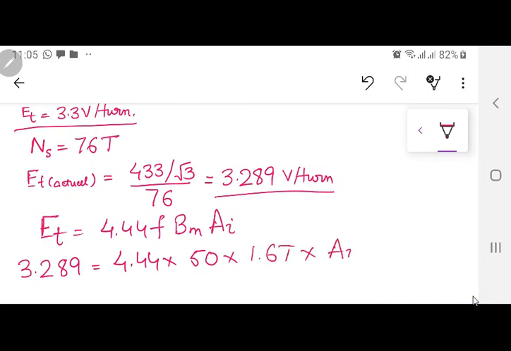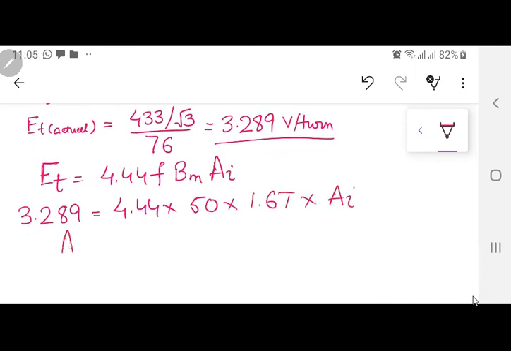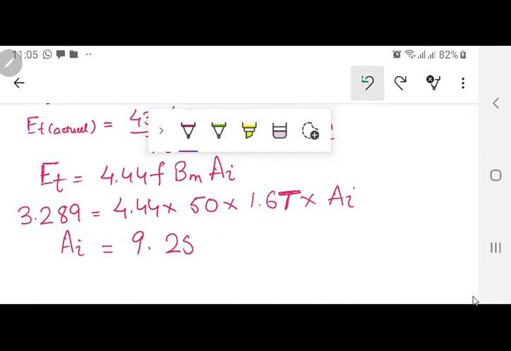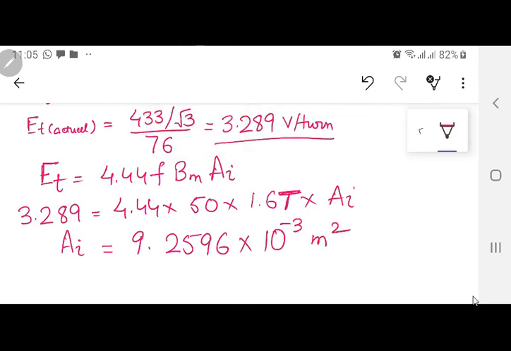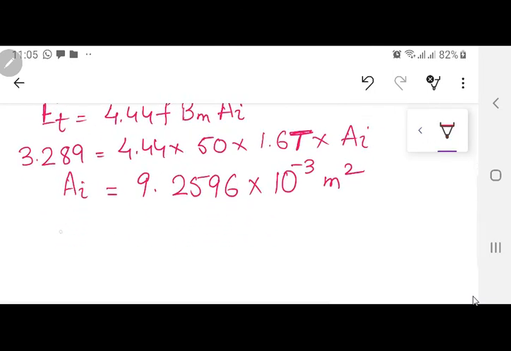So this will be 1.6 Tesla. And then you have AI. Please give me the value of AI from here. Certainly it will be in meter square. Then you have to convert it into millimeter square. This is 1.6 Tesla. 9.2596 into 10 raised to power minus 3 meter square. And if I convert this one into millimeter,